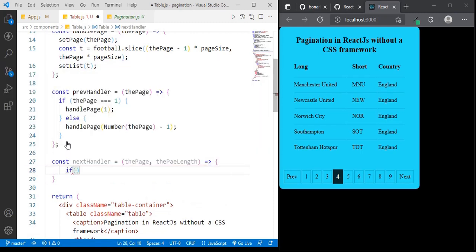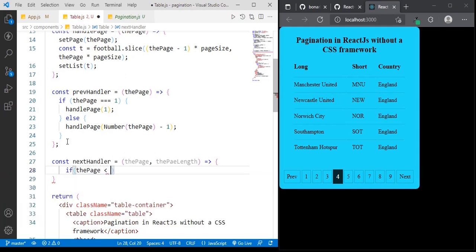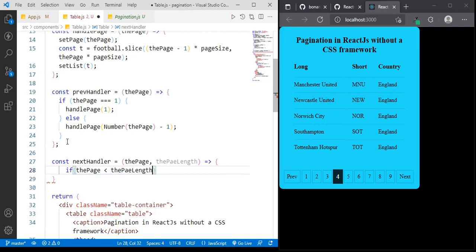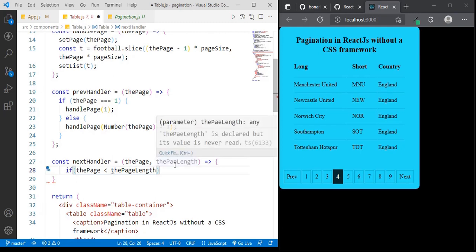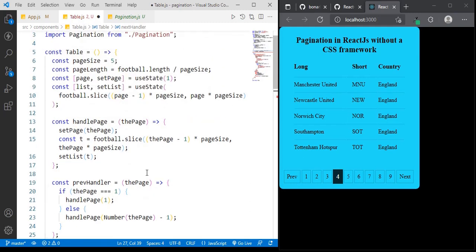Now if the page is less than the page length, if the current page selected is less than the page length, and not page size, page length, then